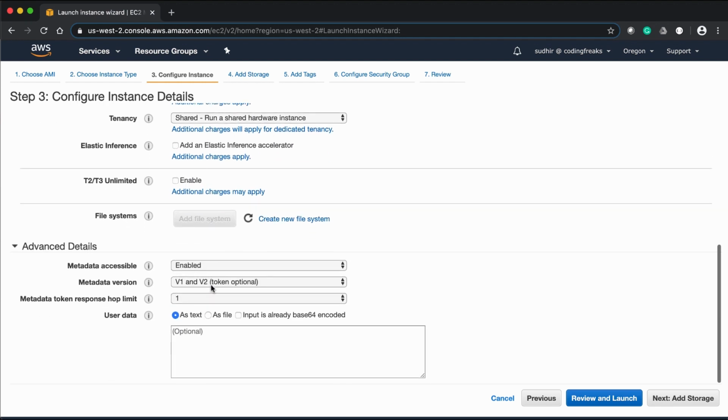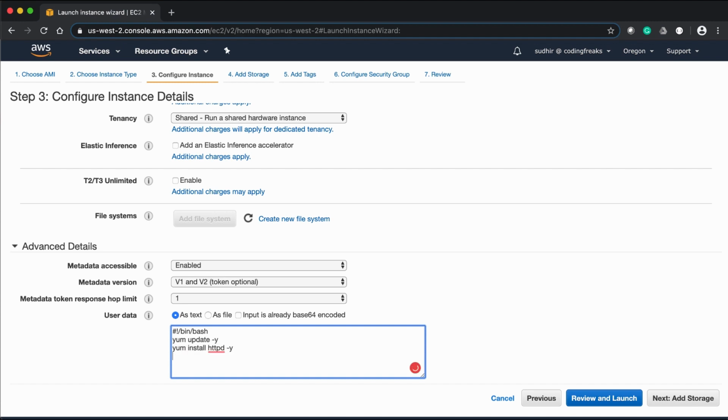If you scroll a bit down, there's advanced details, where user data is something which is very important to understand. In this, you can write a shell script which will be executed once at the time of allocation of your instance. If we were about to launch a new instance and just wanted to install Apache onto it, we could have a bash script over here.